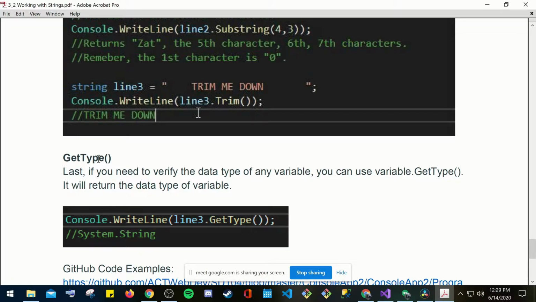So here you have your GetType. Last, if you need to verify the data type of any variable, you can use variable.GetType. It will return the data type of a variable. Console.WriteLine line3.GetType,